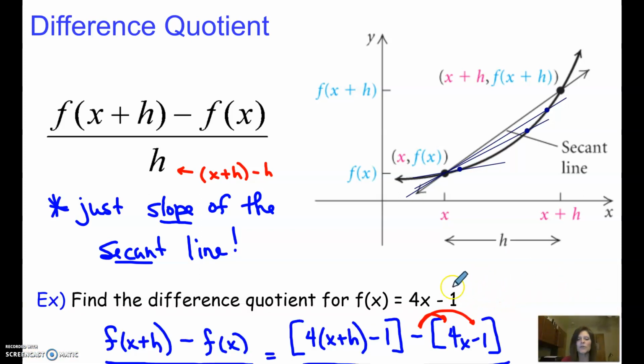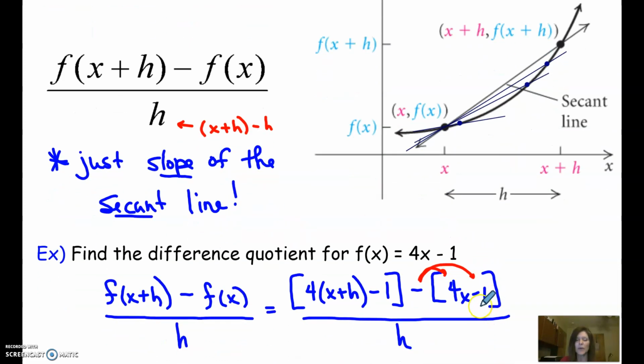So let's see if we can actually apply this to a specific problem. All right, so if I want to find the difference quotient for f of x equals 4x minus 1, I have to find f of x plus h. F of anything means you take that stuff and put it in place of the x. Not multiply by it or anything, you put it in place of that x. So this x is going away and I'm putting instead x plus h. So that's where this first bracket of stuff comes from. Then it says minus f of x. Well, that's exactly what we were given, so that should be pretty easy. Don't forget those brackets. And then it's always all over h, so that's an easy part.